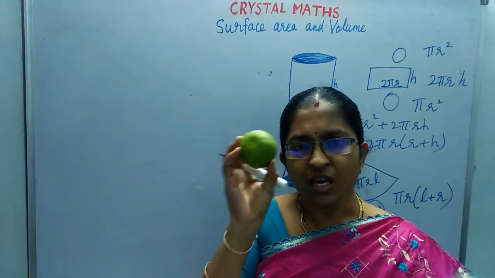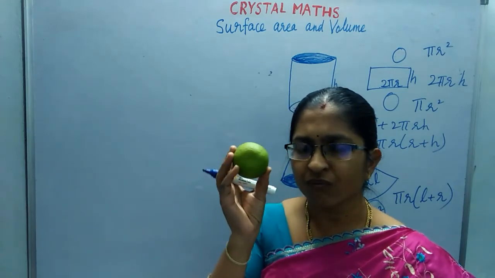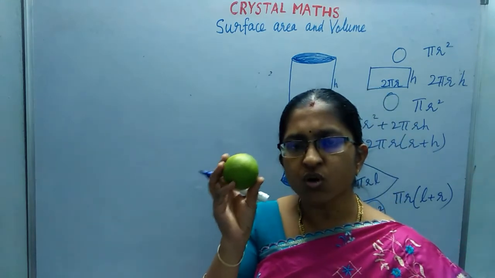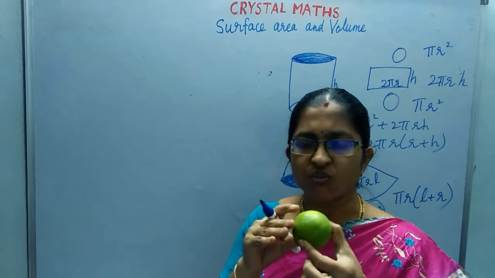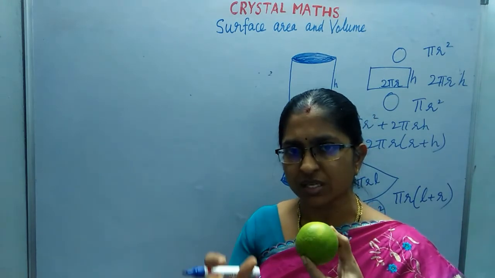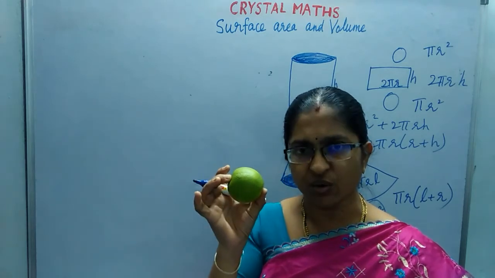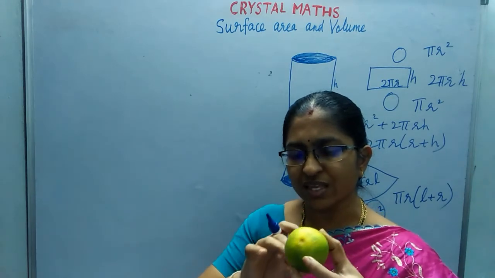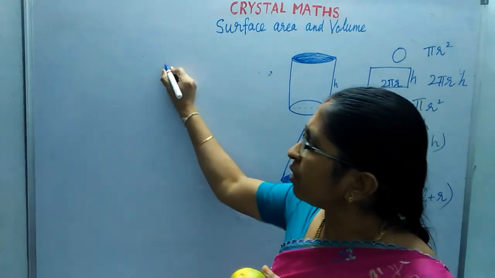In the sphere, what is the surface area of the sphere? You can do a small activity also if you are willing. You can draw 4 circles with this same radius on a sheet of paper. Those 4 circles you can cut out and make into small pieces. Those pieces, if you attach over here, will fit exactly over there. So we can find the surface area of this is nothing but 4 pi r square.